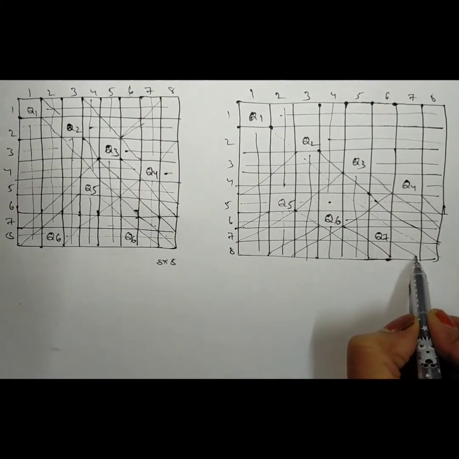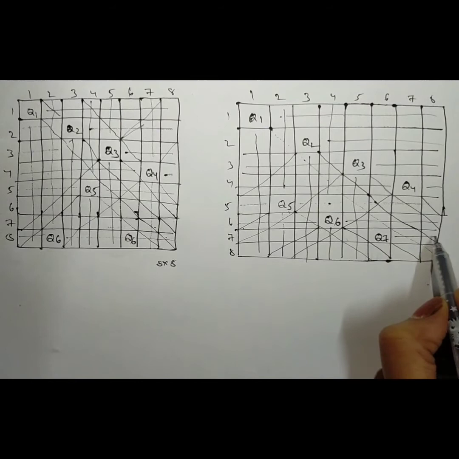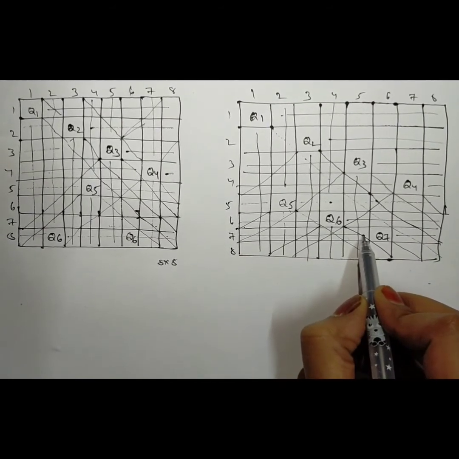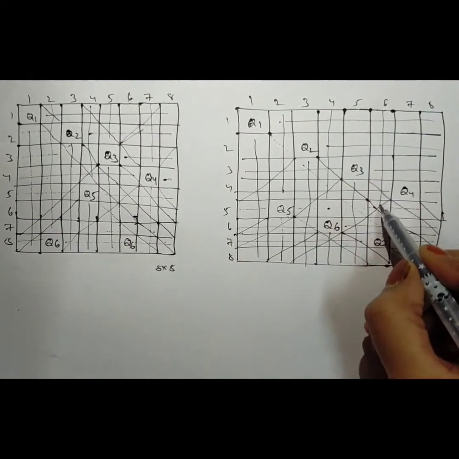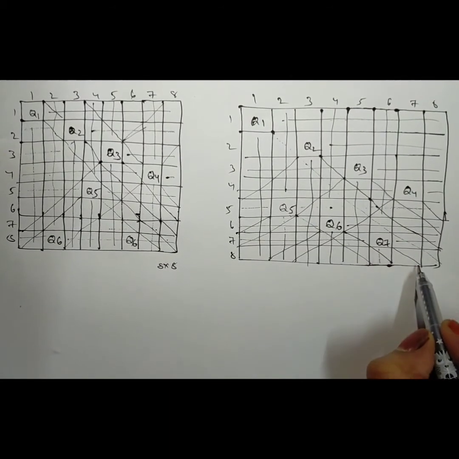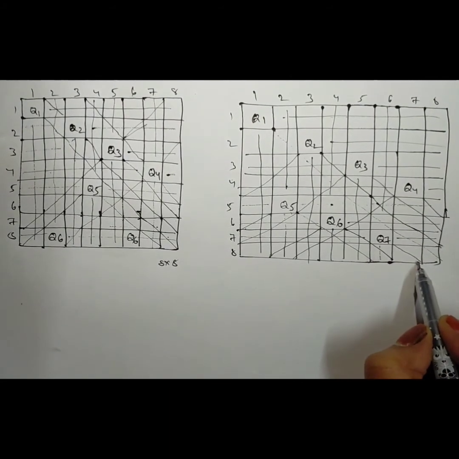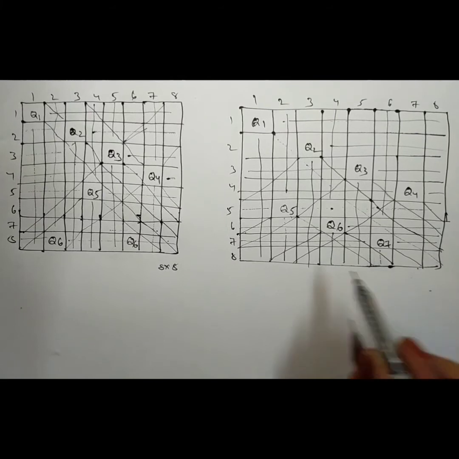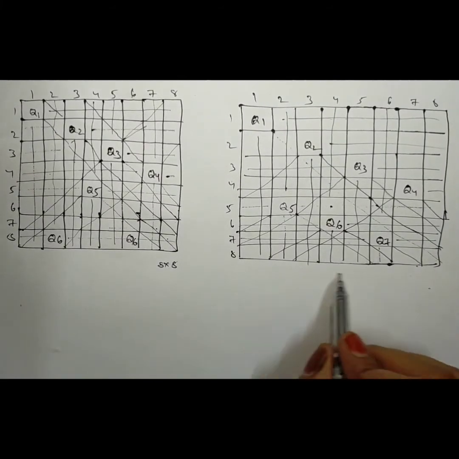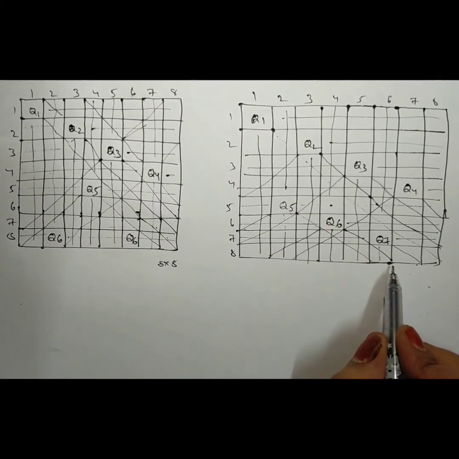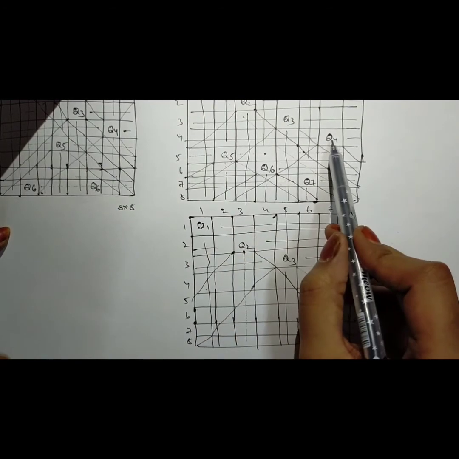Now you cannot place the eighth queen here, as it is representing the same row. You cannot place the eighth queen here. You cannot place the eighth queen here, as it is representing the diagonal one. There is no cell left for placing the eighth queen. Okay, backtracked from queen 5 to queen 4.